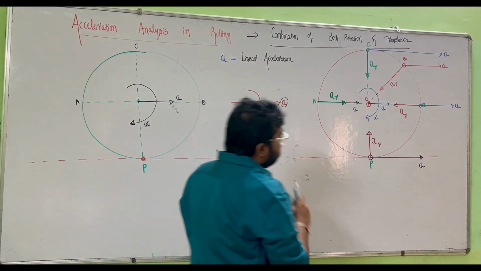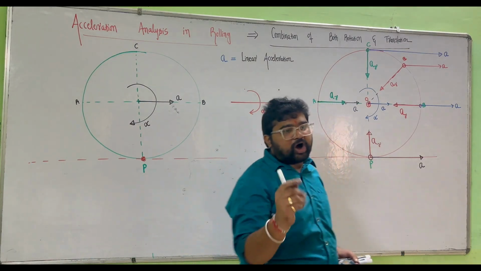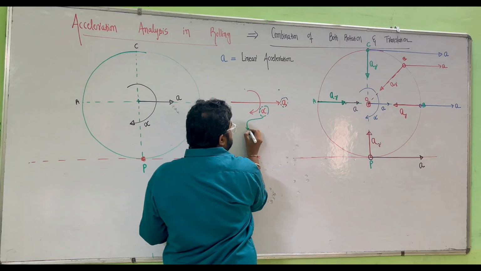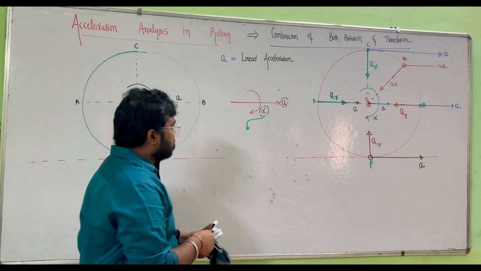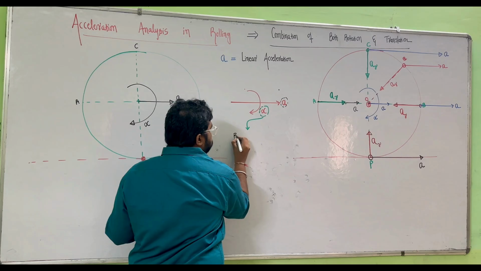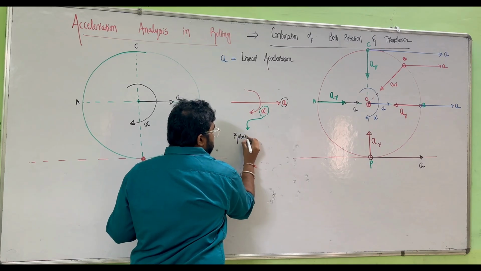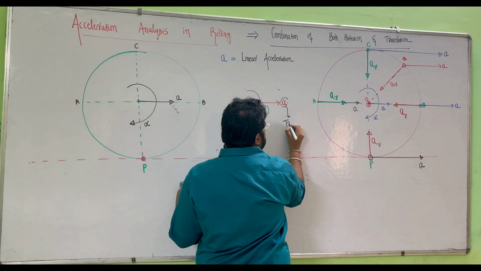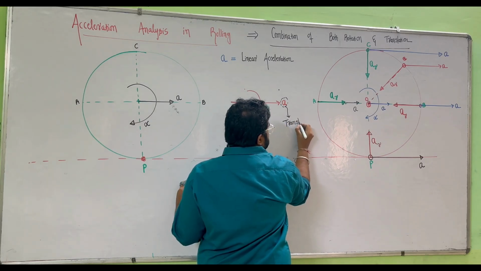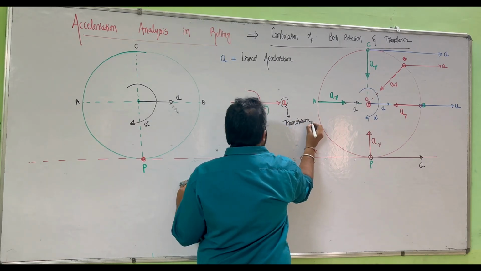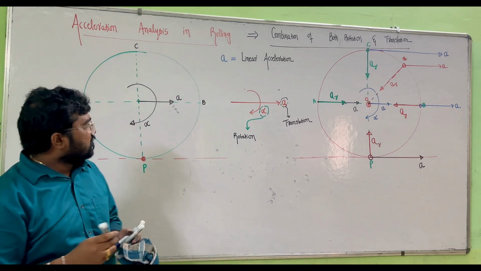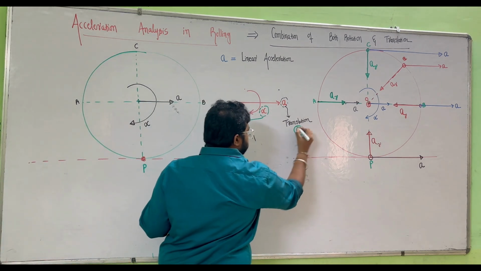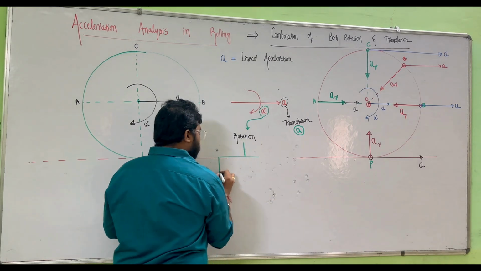Now, in rotation, alpha is related to rotation, and A is related to translation. In translation, only A. In rotation, we are having